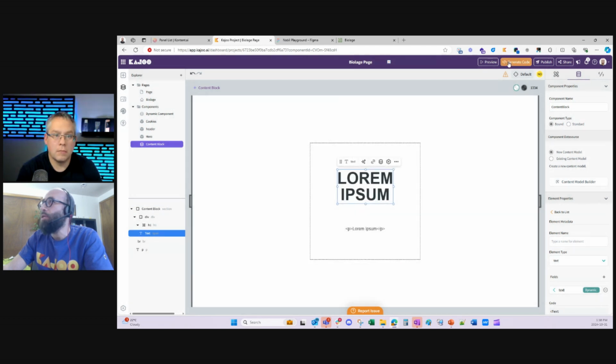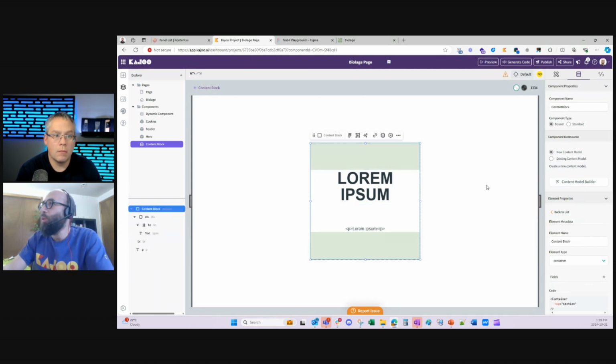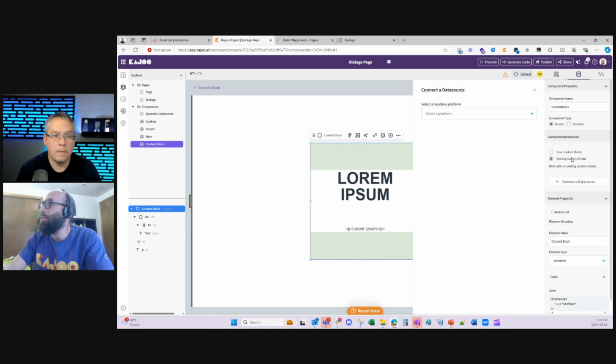Now if I publish or deploy or generate code, we'll generate the code for the front end in Next.js or React, but also it will generate a manifest file and make calls to the Kontent.ai management APIs to create those content models. Oh, wow. And the code would be automatically bound with the content models to be created. So that's one way of doing it. Another way is existing content models. You already have your content model and your content and everything, and you just want to present it differently in the front end here. So you can come here and make a connection to Kontent.ai.